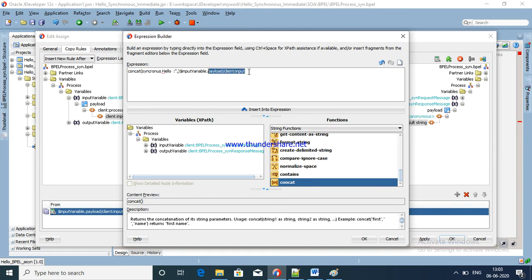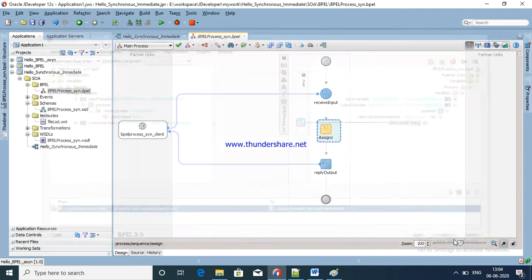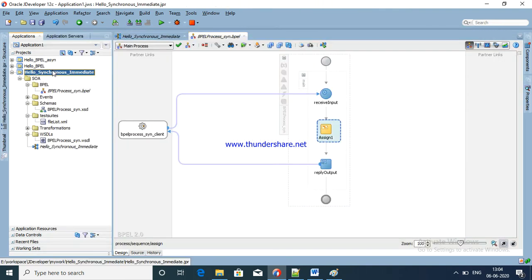Just select, cut and paste here. See here, display. Just apply. Just completed this. See here, receive and reply, immediately reply.